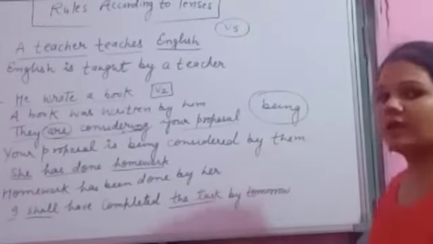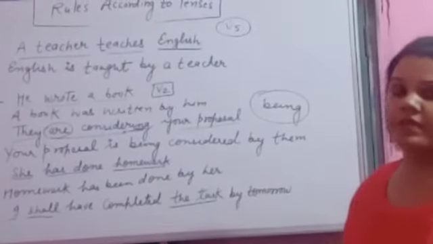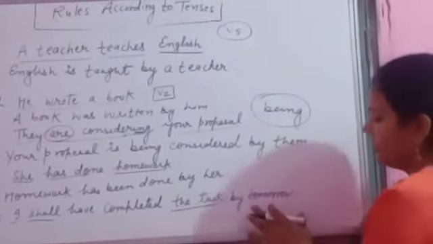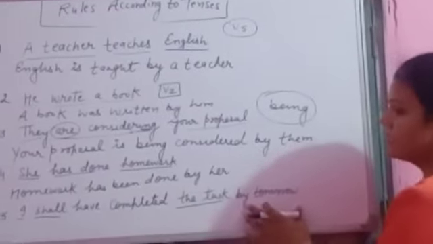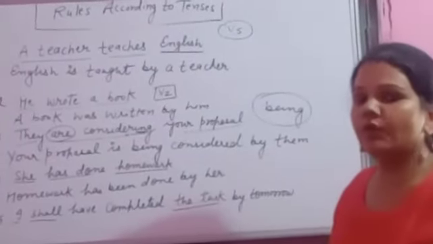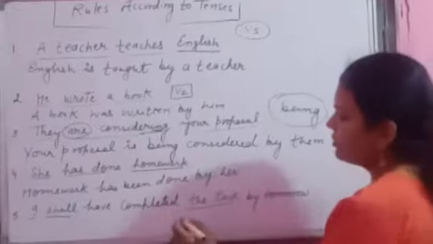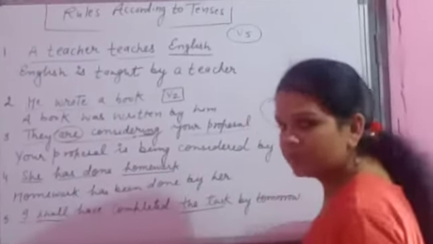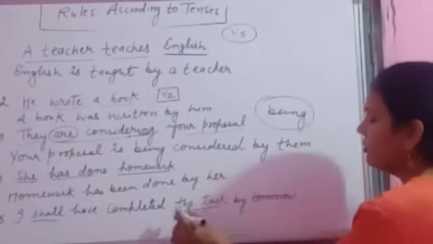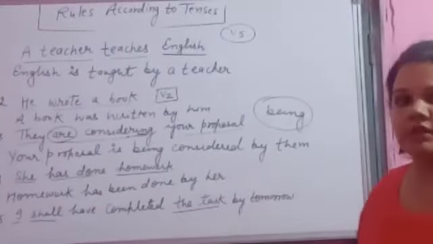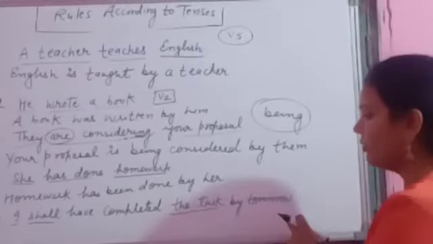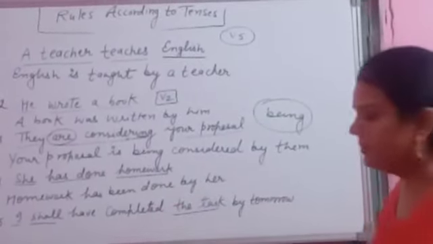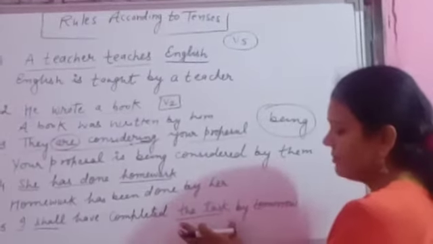Now many students are confused to identify an object in a sentence, because they always think that at the end of the sentence there is always an object. No, dear students, you have to check the verb. Before the verb there is always a subject, and after the verb you will always find an object. Understand? Not at the end of the sentence, but after the verb you always find it. Clear? The task is here, object.